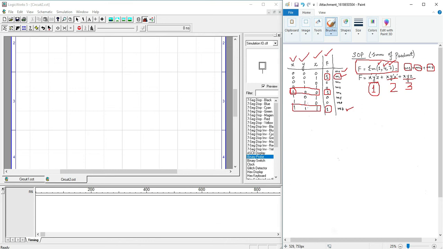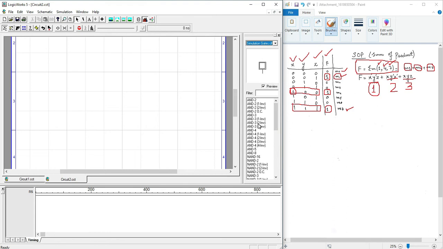There are two possibilities for doing this. First, we will go to the simulation gates and see that there is one AND 3, which comprises the 3 inputs. One is AND 3 with 2 inverters. It means inverters are already embedded in this AND gate. So for the easiest way, we need this gate, as our x and y are in complemented form, x bar and y bar, and z is simple. So we will consider this gate